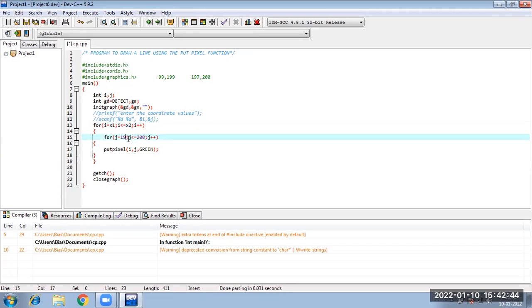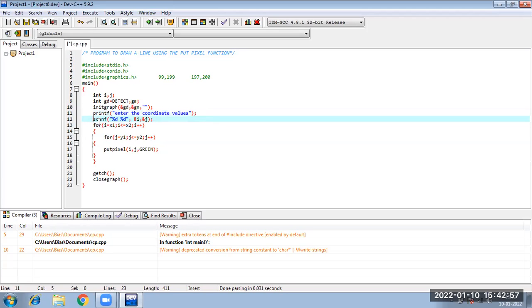Then in place of this, I will write y1. In place of this, I will write y2. Fine. Then using a printf scanf statement, I need to specify the coordinate values. So suppose first I am taking x1, y1.